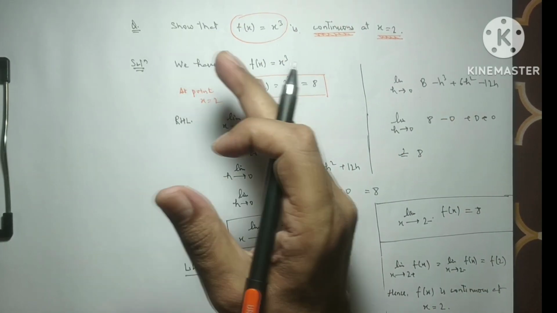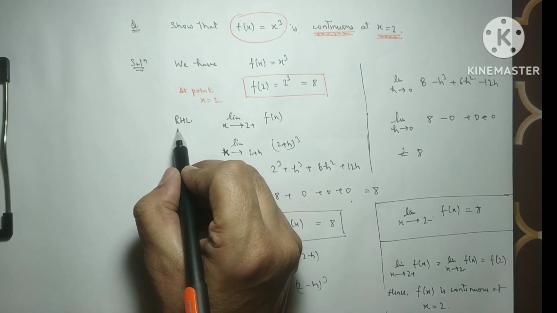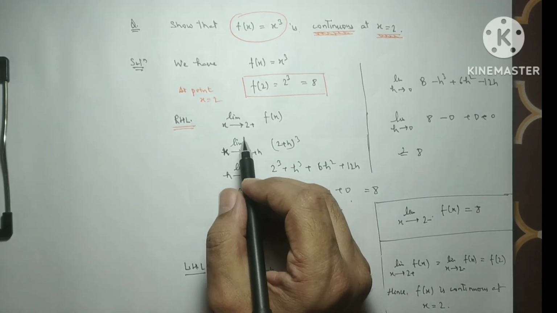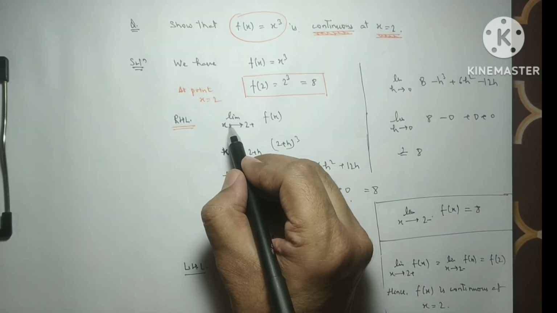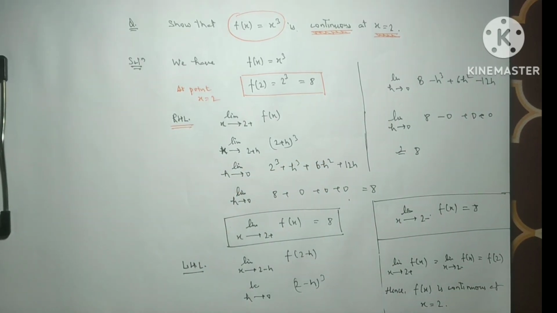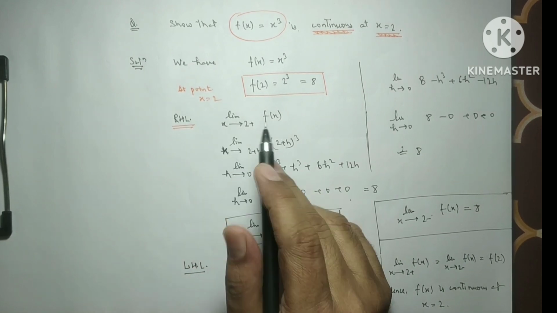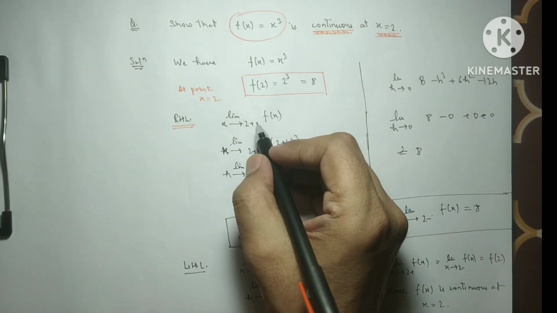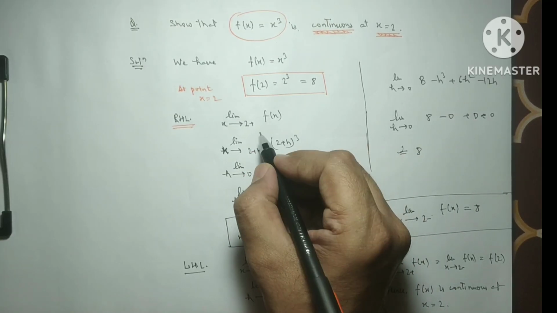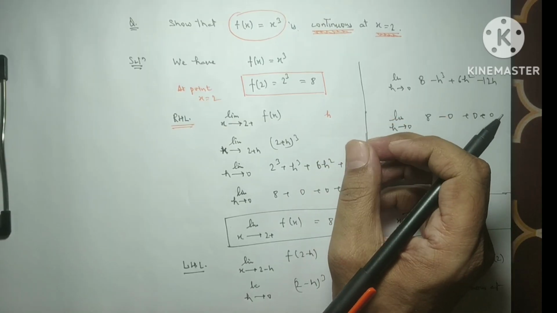So right now we will collect the value on the left hand side and the value on the right hand side. So first we are taking the right hand limit. So the slightly next point, the neighboring point on the right hand side. So we are taking limit x tends to 2 plus. So on the right hand side, when x tends to 2 plus, it means 2 plus is any positive value, a very small value, we can say small h. So it is a very slight positive value.